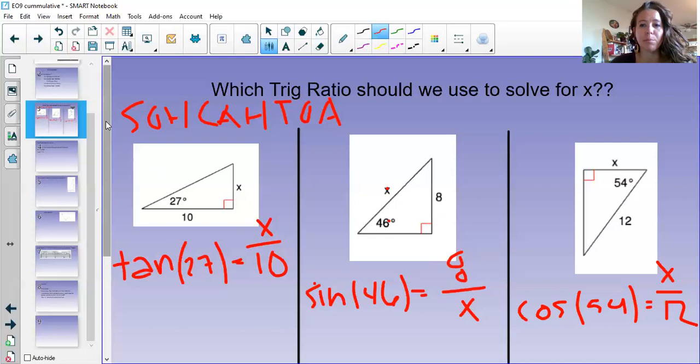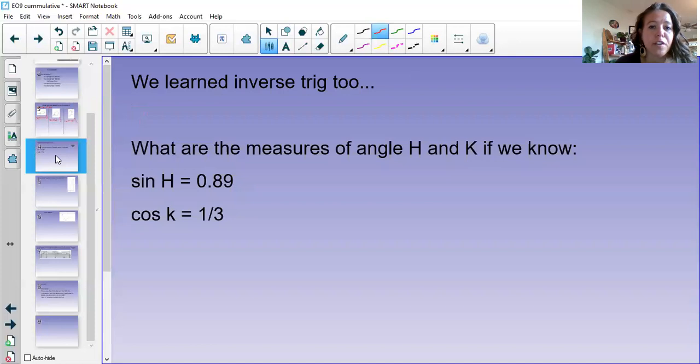In the problems we've done before, I've always told you we're working on tangent or sine and cosine, but now it's all intermixed, so it could get a little confusing. We also learned inverse trig, right? If we had a known sine or cosine, can we find the angle measure? Here, if the sine of some angle is 0.89, all I have to do is the inverse sine of that number